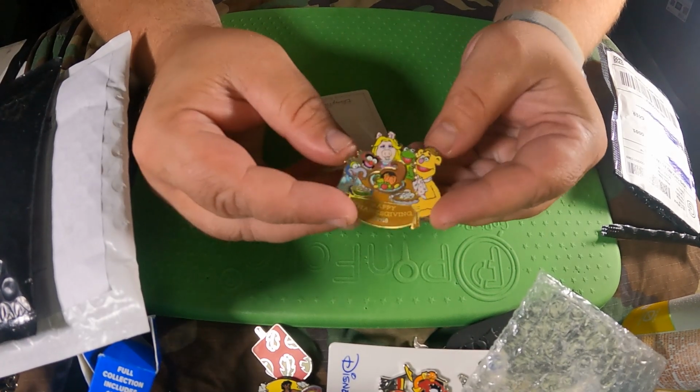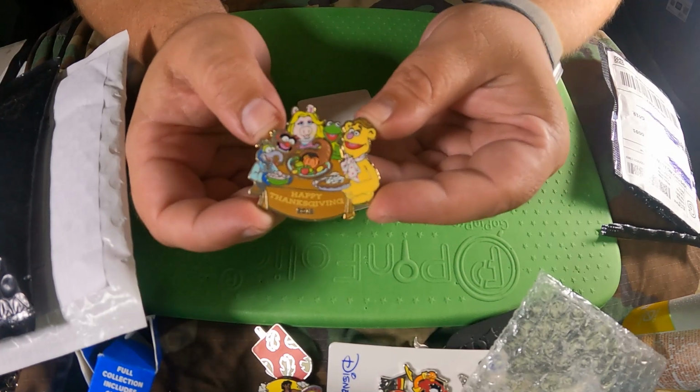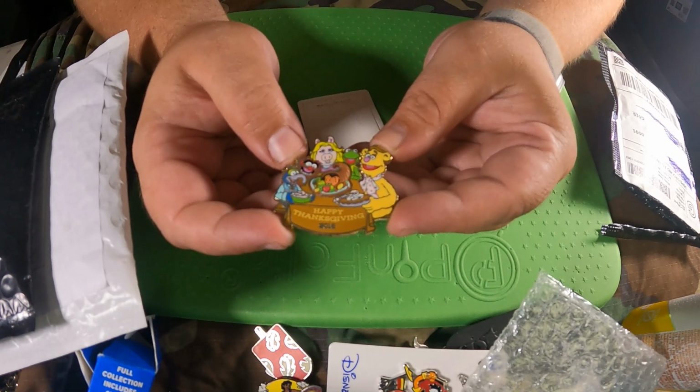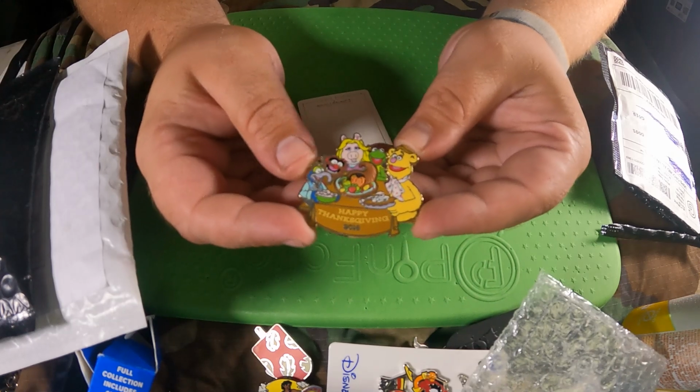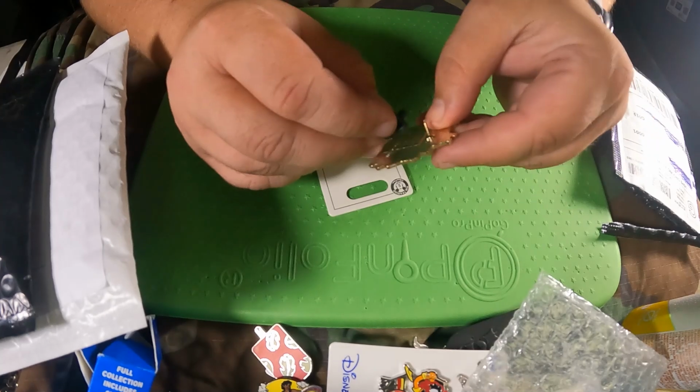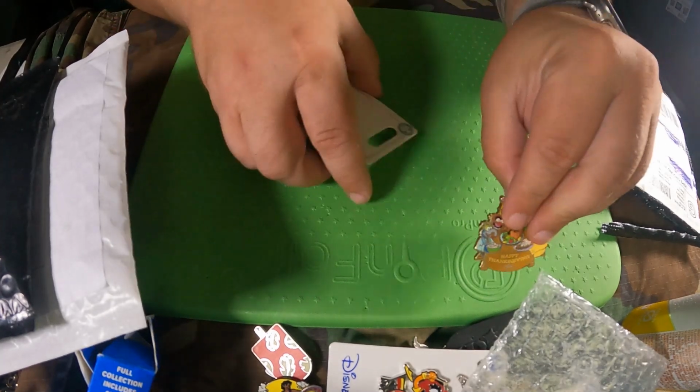See, limited edition of 4,000. So that one's pretty cool. I like that one. You got the Hulk gang there, Kermit, Fozzie, Miss Piggy, Animal, and the Great Gonzo. I think this is my first pin with a Gonzo on it, so I'm happy with that. Alright, what else